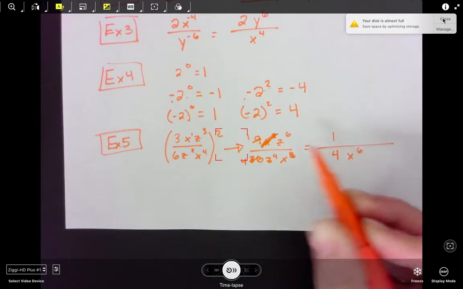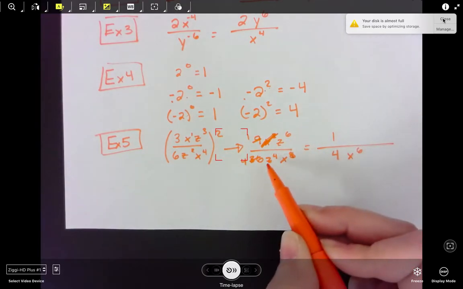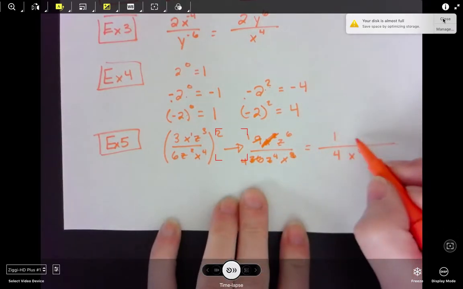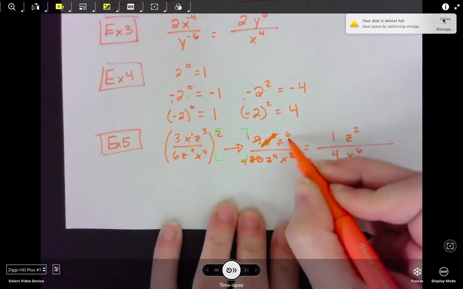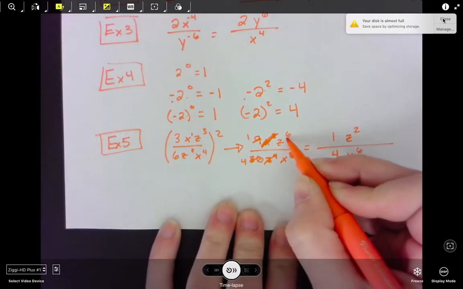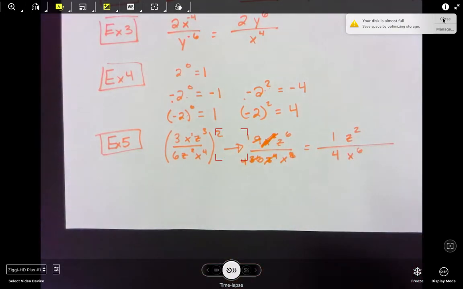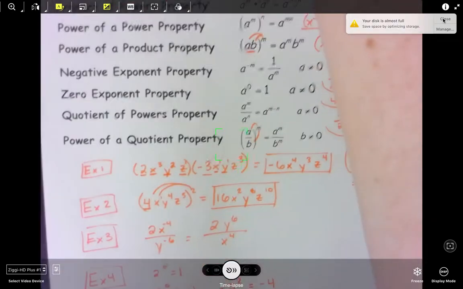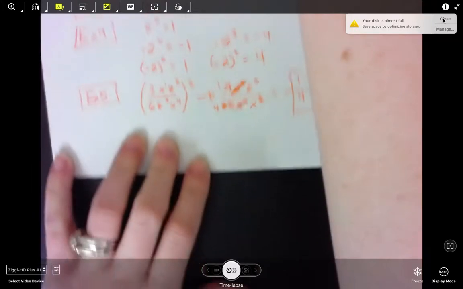in the bottom. And then I have z to the 6th on the top and z to the 4th on the bottom. So I will just have 2 z's on top. All 4 of these will cancel with 4 of them up there, so I'll have 2 of them on top yet. And that's my final answer. There's nothing more that I can do to simplify. Okay. The only other thing that I'm going to tell you with these properties is they're going to start to